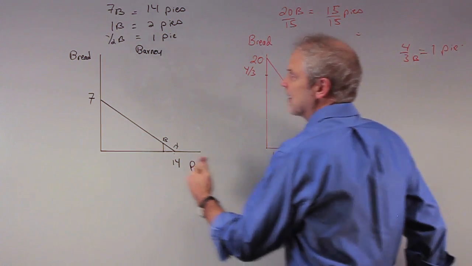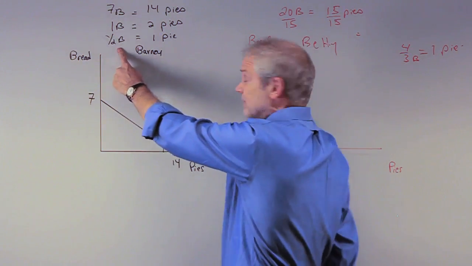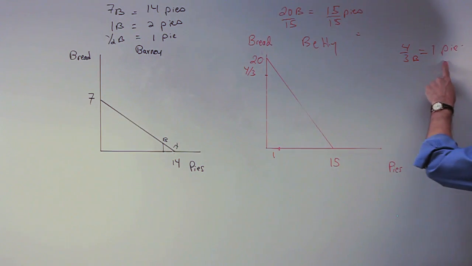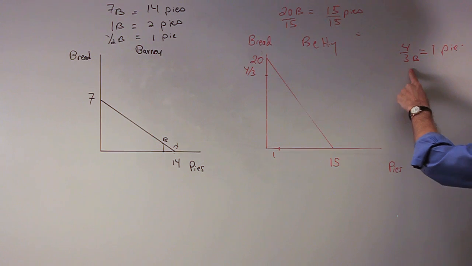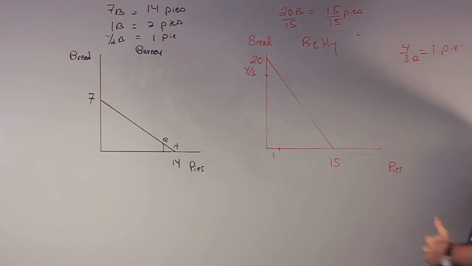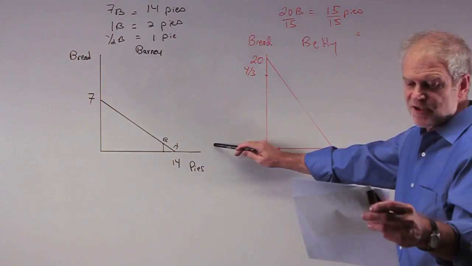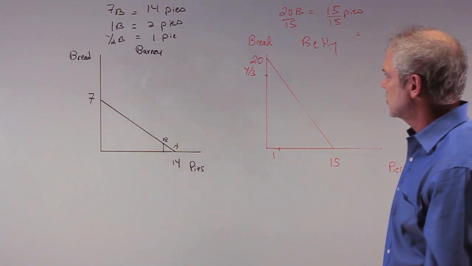Right? Again, I'll come back. Every time Barney produces a pie, he only gives up half a loaf of bread. Every time Betty produces a pie, she gives up 4/3, or a loaf and another third more. Okay? So she definitely loses more bread every time she produces a pie than Barney does. The answer is D. Barney has a comparative advantage in pies, and Betty has a comparative advantage in loaves of